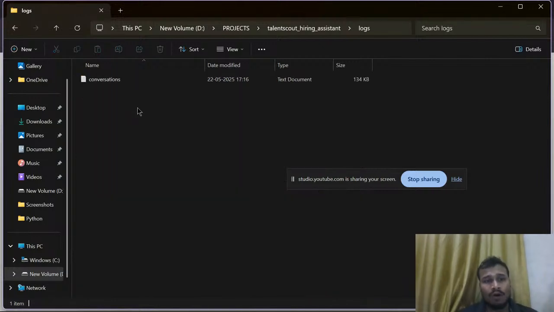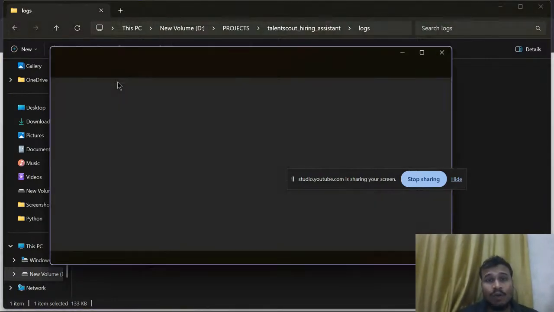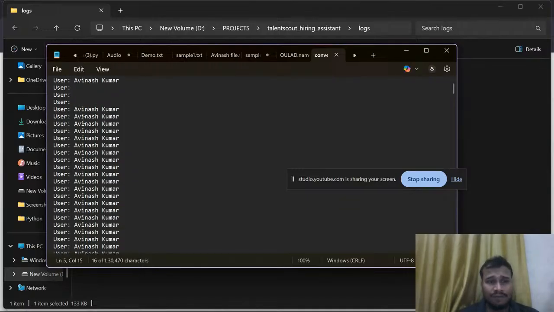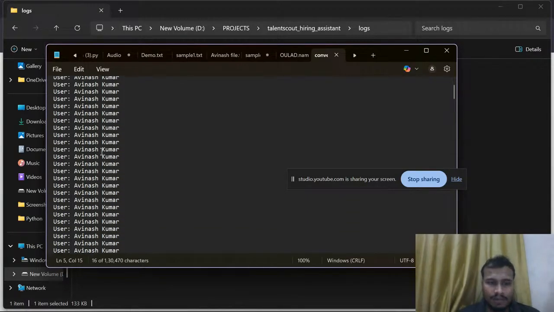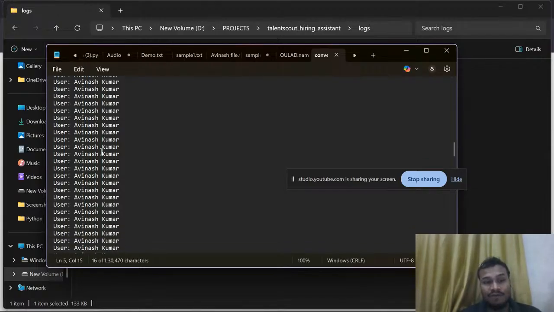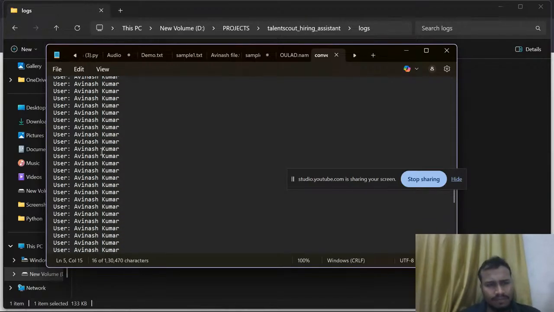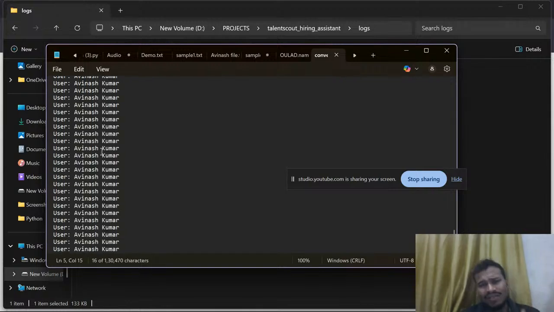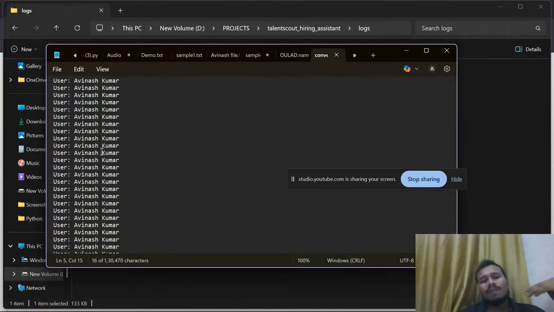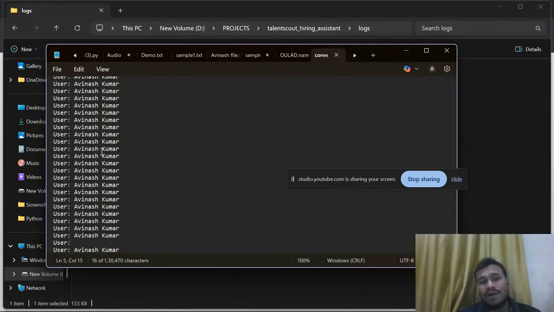And again, when I talked about the logs, the conversation, you can see the conversation test log. First I used my name John, then John Doe. Then you can see I have used my name here, Avinash Kumar. Basically this is the details which are getting logged, which I was talking about. You can see it's like this many times I have used it. As you scroll down, you can see how many times. Why is it showing this many times? Because at the start I was just trying and testing my code. So for that reason, every time I tested,